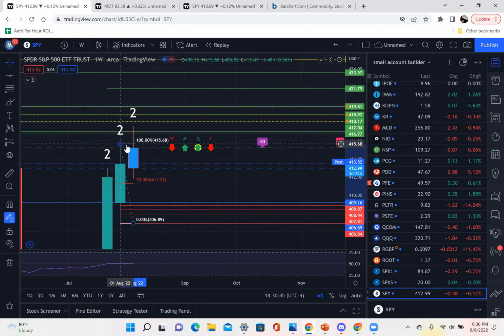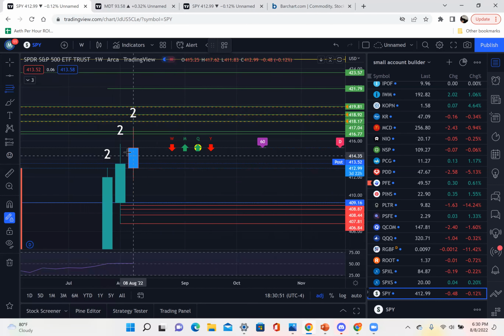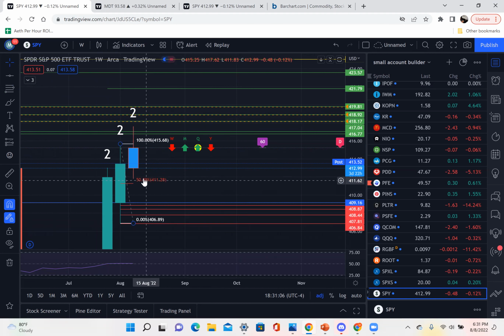And I just redraw it so you can see me do it. I grab the fib, I click right here, and I put my magnet on, the high of last week, and then I take it to the low of last week, right? The high and the low, right there. Once I do that, there goes my 50% retracement because it says 50, and it's how I have it set up. Since I know that's my 50% right here,